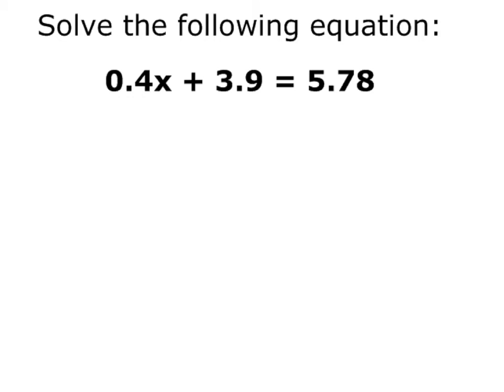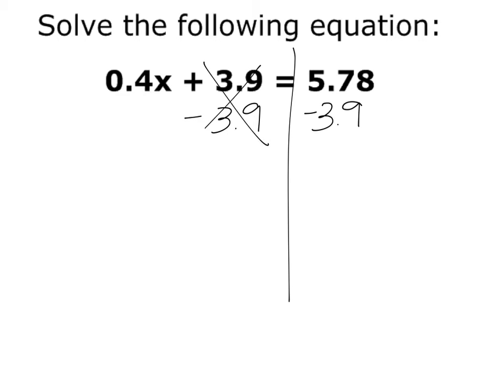All right, the next type of problem is dealing with decimals. Now there's two ways you can go about doing this. If you are comfortable with dealing with your decimals, you can in fact do your great divide and do minus 3.9 minus 3.9. Those cancel out. You have your 0.4x, which is equal to, you have to borrow,